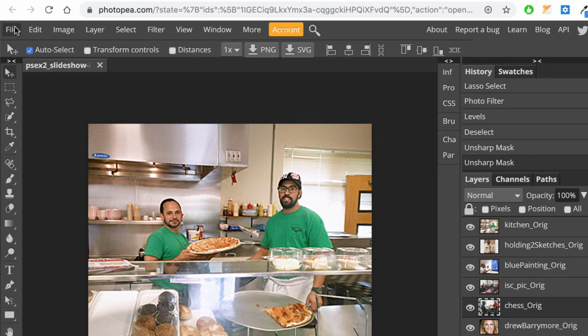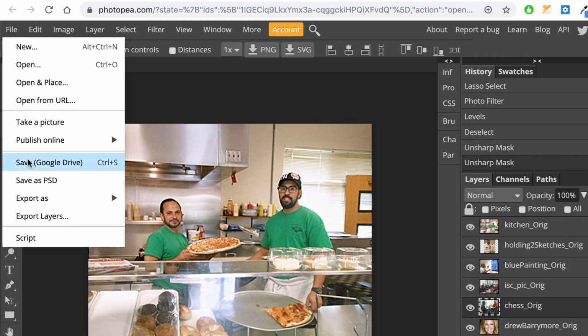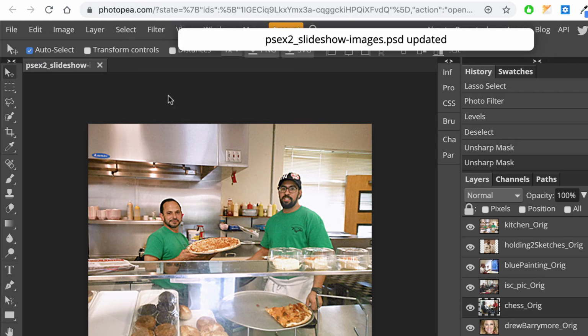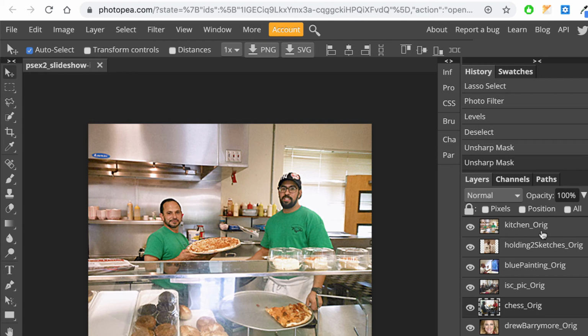So since I did everything, let me do a file save, just so I save my Google Drive version of my PSD. Remember, this is the PSD. And then we're going to save these all as separate JPEGs for a slideshow, because that's how we would put it together in a slideshow on a web page. So these will all be separate JPEG images. So instead of doing them one at a time, which we could do,